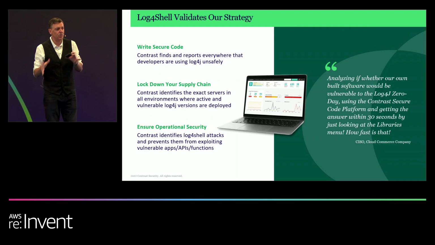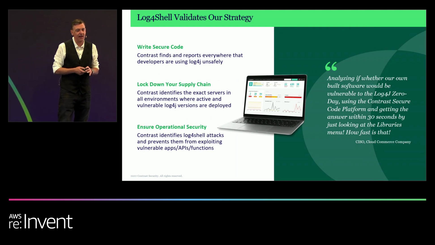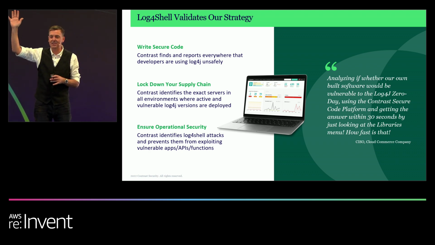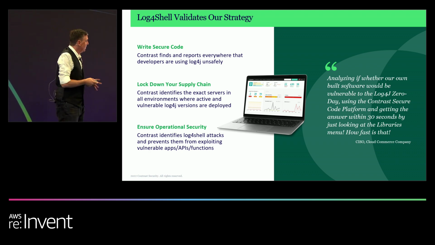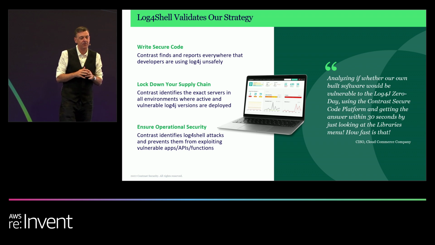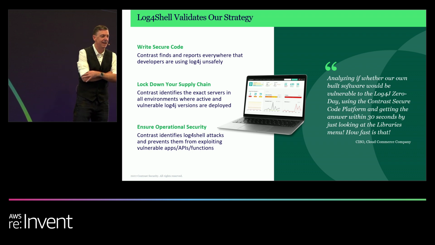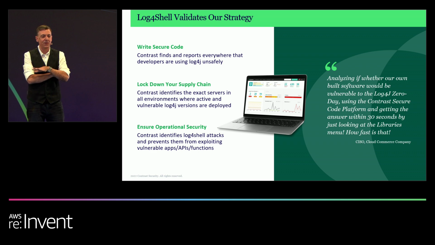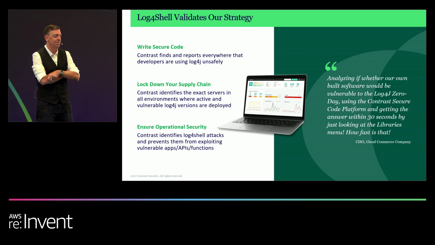So let's get into a real-world example here. How many of you remember the Log4Shell crisis back in December last year? So for those of you who don't, Log4j is a 20-plus-year-old piece of well-loved, slightly neglected Java code that's embedded in something like 10 million applications around the world. And towards the end of last year, right before the holidays, we all discovered that there were some major vulnerabilities in that piece of code.